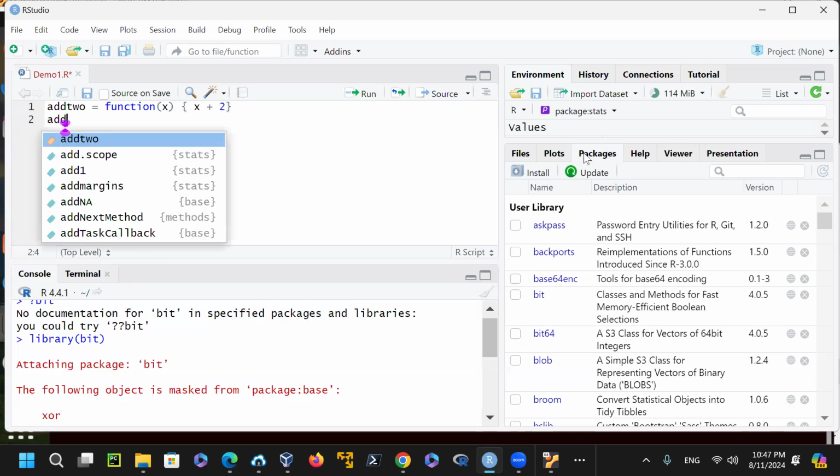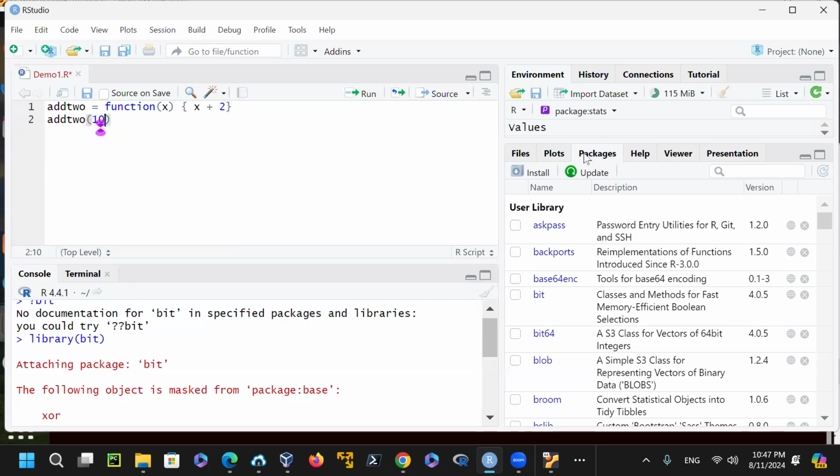Now, if I want to call add 2, and if I give it 10, obviously it should return 12, right? Then I could just make a print statement, because I did not say print inside my function. I could just call it like this, and this is called a nested function. So 10 is the argument for add 2. It goes and then replaces this